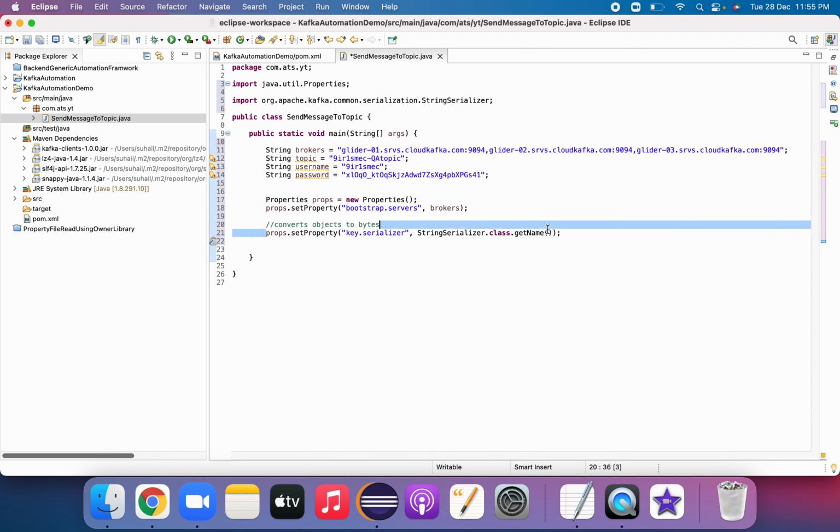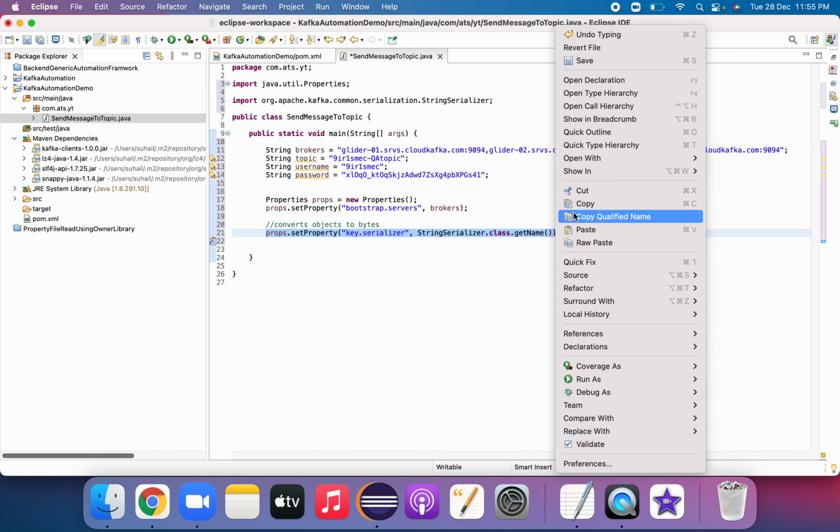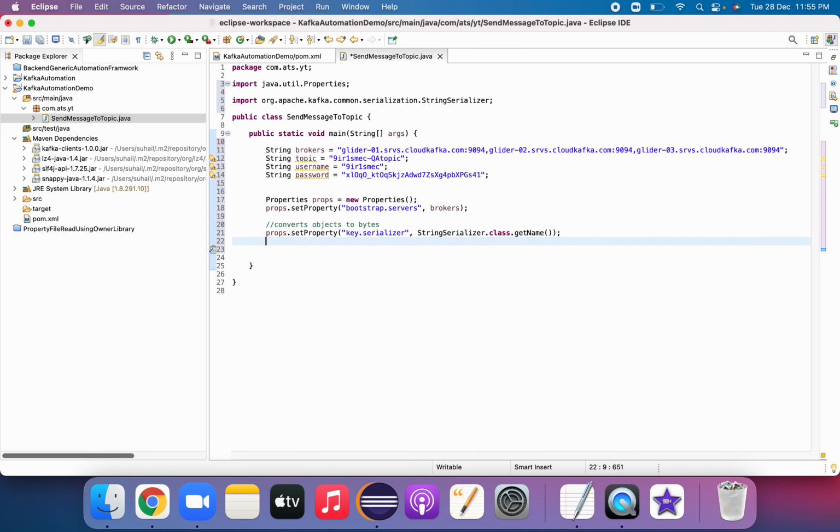The same property we will set for value also. Copy and paste, just replace key with value.serializer. Sorry, I was saying initializer, it should be serializer. The serializer converts the object to bytes. There is something called a deserializer which will do the inverse of it, and we will see that in the consumer demo.